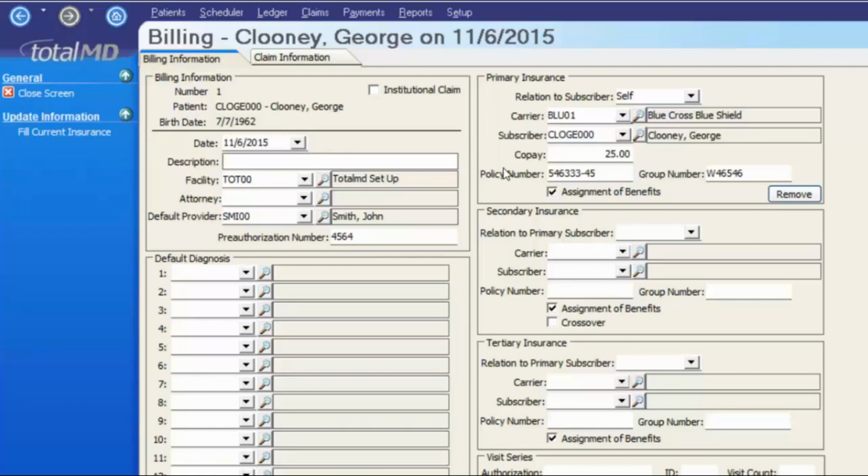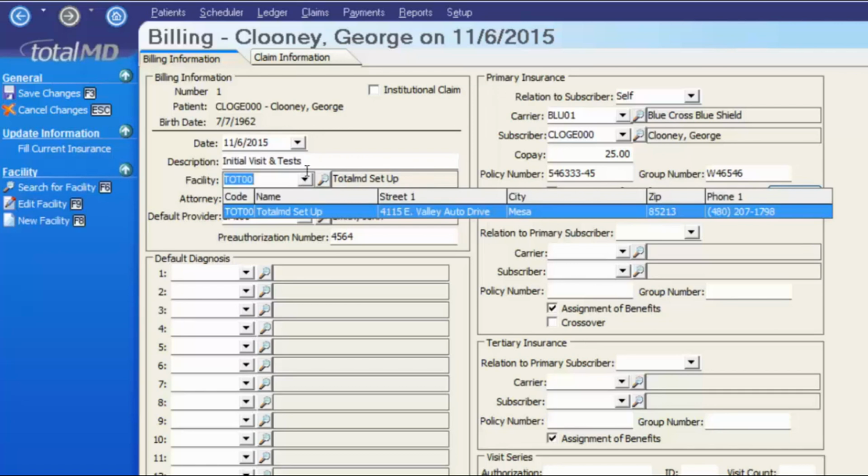We can go ahead and fill in a description of the billing if that helps to keep your cases or reasons for the new billing separated. For example, I could label this a new patient billing, or perhaps initial visit and tests. The facility in which we worked out of to complete these services was the TotalMD setup facility. If that is not the facility I'd like to use, I could click my drop down and choose an alternate facility. We don't have an alternate in the system, but if you needed to add one, you could do so